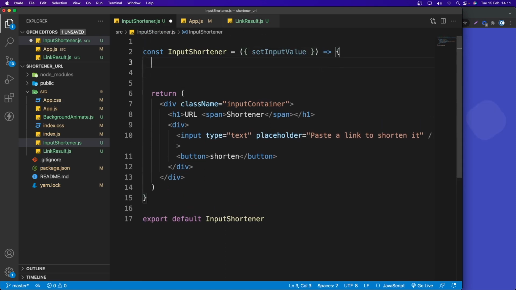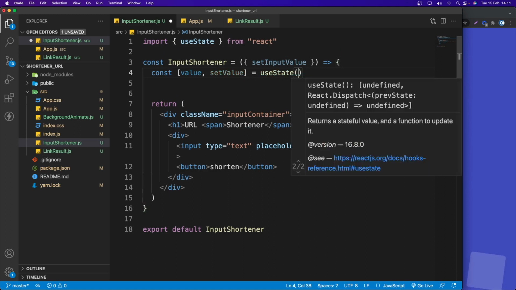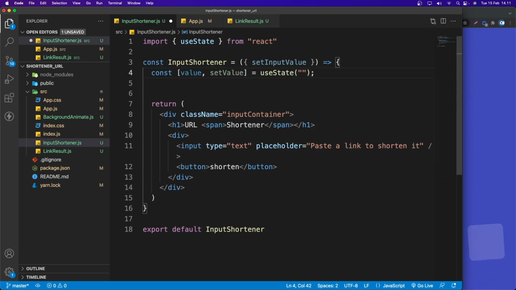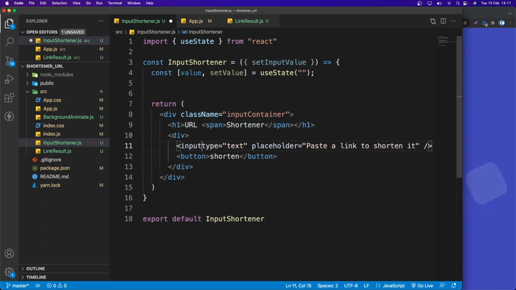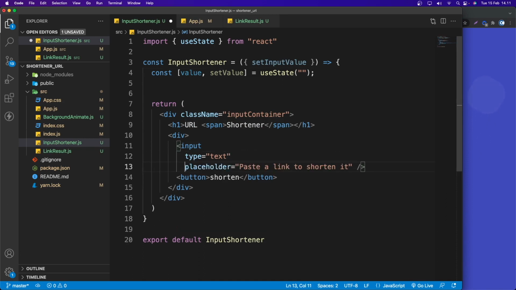So in here, let's say const value and setValue, set that equal to useState. By default, let's say an empty string. Okay, and in the input tag here, let's make it like so. All right, okay, cool.